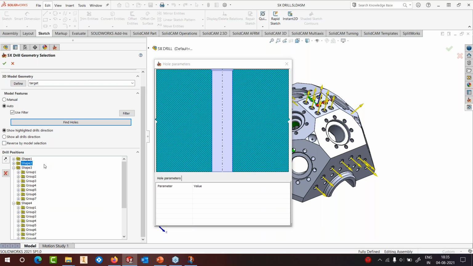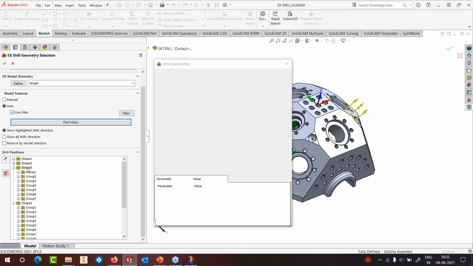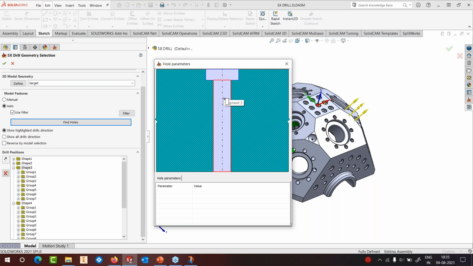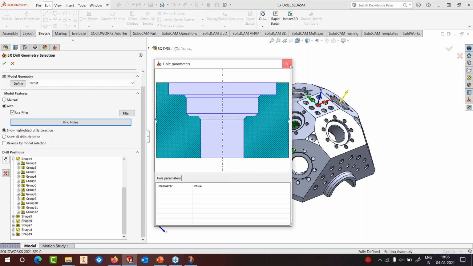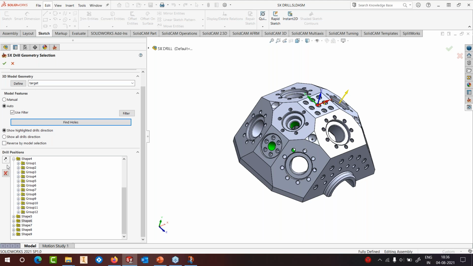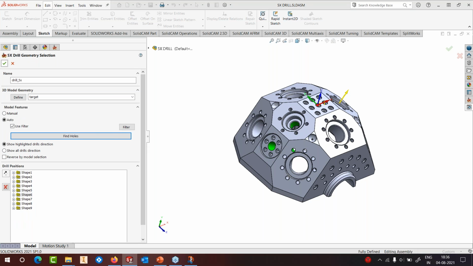That's it. Then we have shape 3, which has got a counter bore, no chamfer, and a through hole. Then we have shape 4, which is just a simple through hole, no chamfer at all, and so on. Shape 5, which is chamfer, counterbore, chamfer, counterbore, chamfer, and then through hole. Then shape 6, and so on. So it's picked all the holes. Okay, fair enough. So I have got all the holes here. I'll accept this